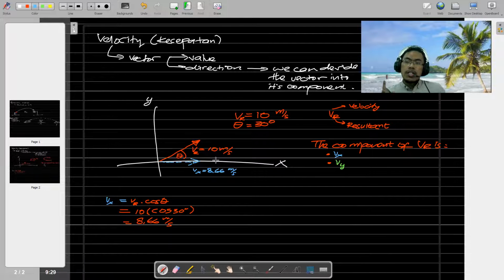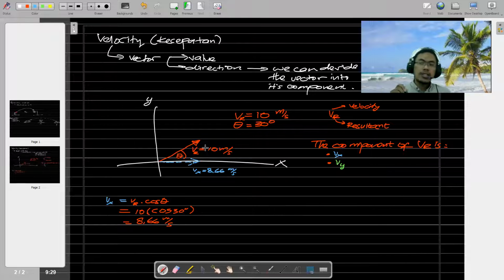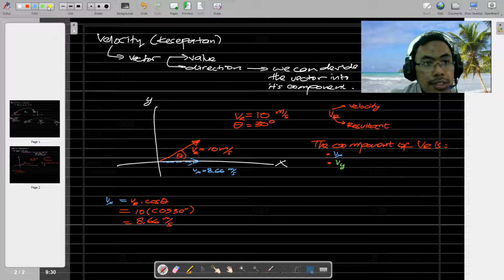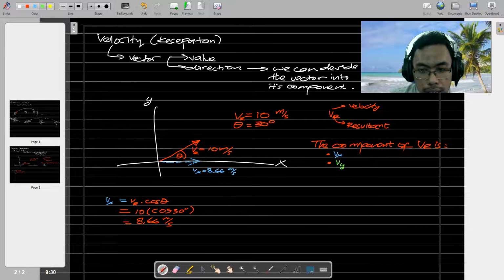Okay, now if we have an x component, it will also have a Y component. Jadi kalau dia punya komponen X, apalagi kalau dia miring seperti ini, pasti dia juga memiliki komponen di Y. Jadi kita tidak hanya mencari komponen X, but we also have to find the value of the Y component. Okay, now let's find the Y component.